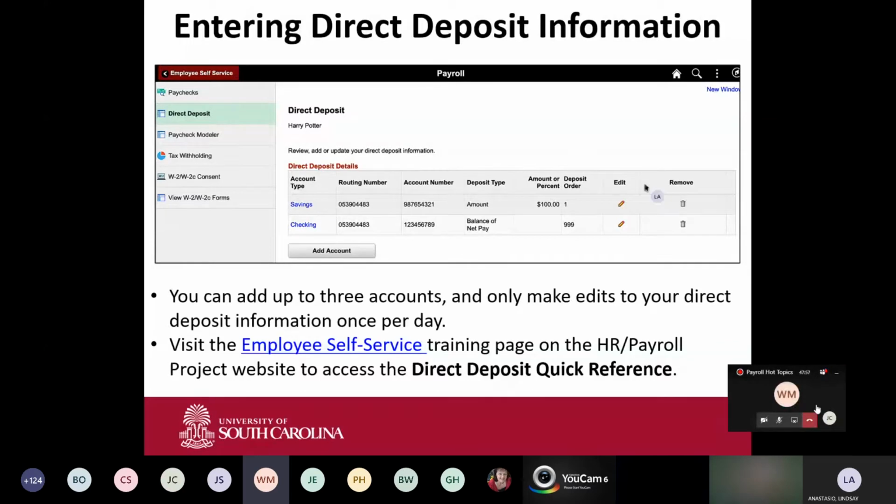The address is sc.edu/about/offices_and/direct/deposit_reference-pdf. We will publish that to this group so that everyone will know how to quickly access this quick reference guide.